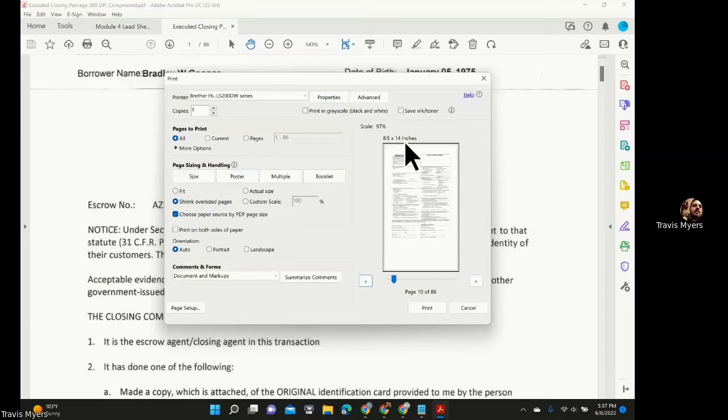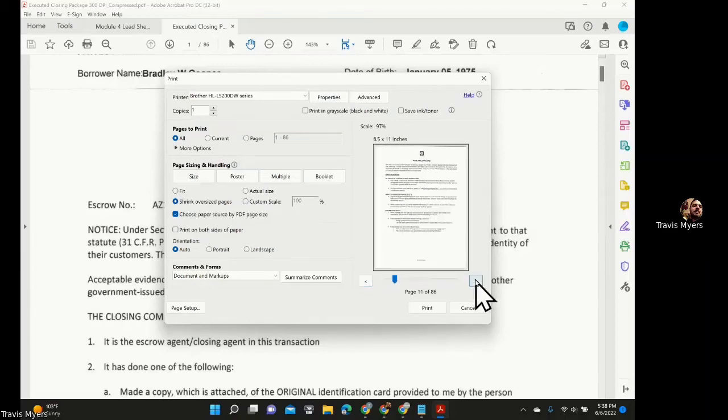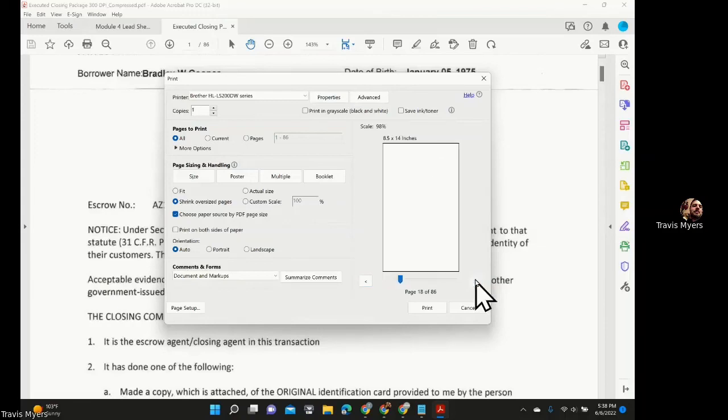So, if you printed this package and you have all these settings selected and it prints out all on letter, there's probably a setting on your printer or your computer that you didn't do correctly that needs to get fixed. But this is how you can tell the paper sizes of each individual page if you want to go through them one by one. And there's another legal page. But if this is not checked,